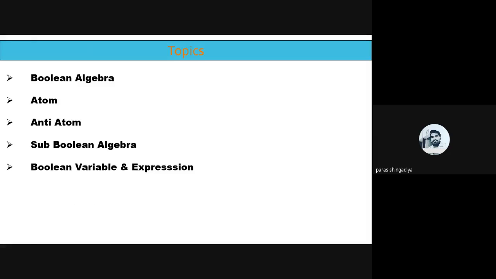And then after its variable and the expressions, and then after min term and max term that we'll discuss in this unit, canonical form, and the last topic of this unit is K-map. Okay, all are simple topics, very easy concepts based on one single formula, single definitions, and we can check any example. Means you have to define the atom, anti-atom. It is a simple result we have. We'll use this result there, and we'll find the atom, anti-atom. Then after min term, max term, variable and its expression and so on.